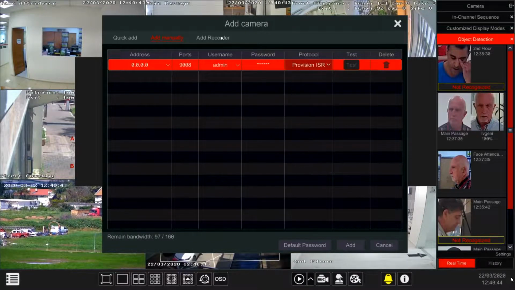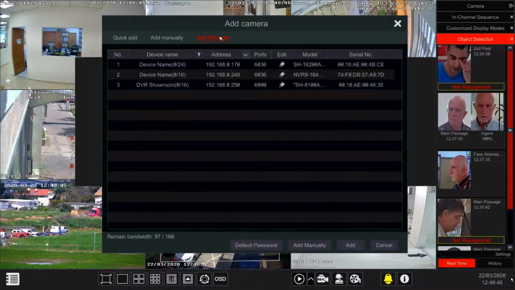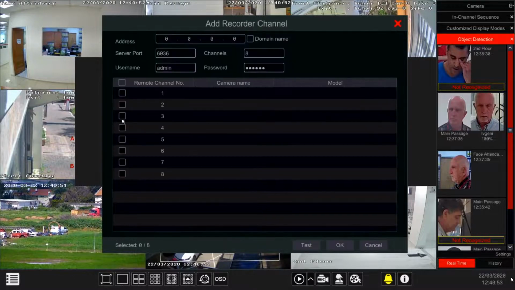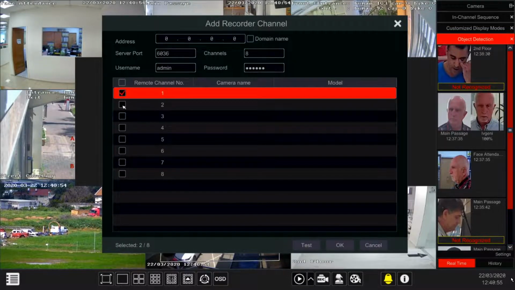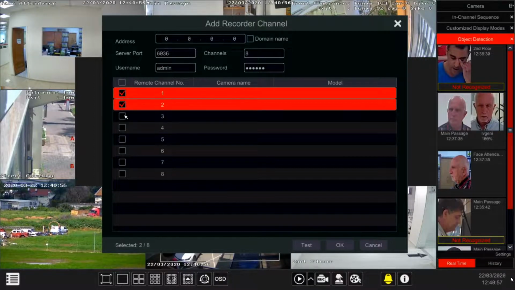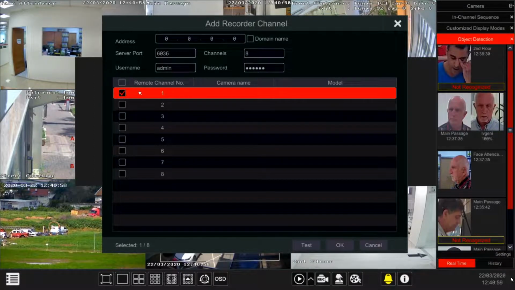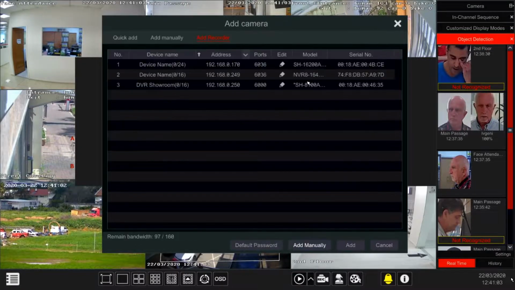Another good option and another good ability, and actually this one is special, is the ability to add a recorder. All of the recorder, or if you want to add only part of the recording channels of this recorder. Now we can add a recorder locally or remotely, of course. We can add it even if it is an NVR or a DVR, an analog DVR. Now why is this good for? It is good for two good reasons. Reason number one,